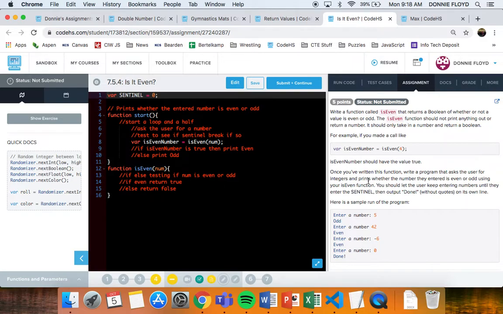We also want to have a loop and a half so that we can continually ask the user. So what we're going to do is we're going to start our loop and a half. Okay, if you don't remember, look back at lesson 10 of control structures. Then we're going to ask the user for a number. Then we are going to see if they gave us the sentinel. If they gave us a 0,